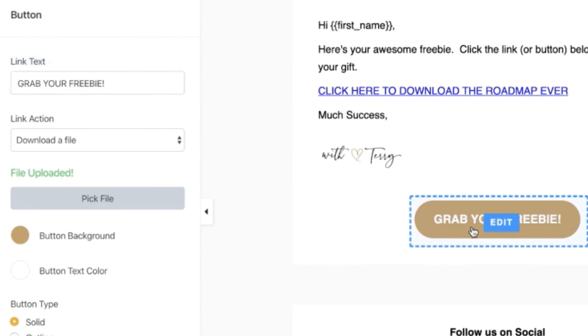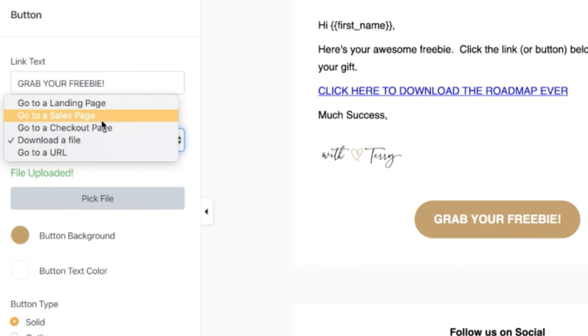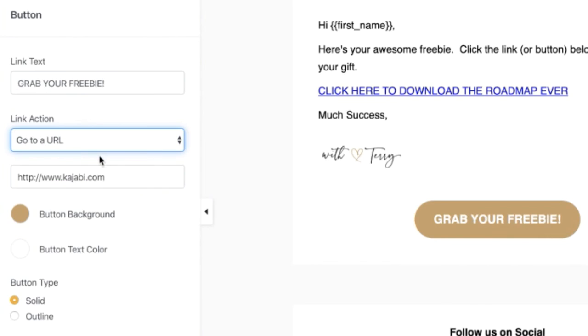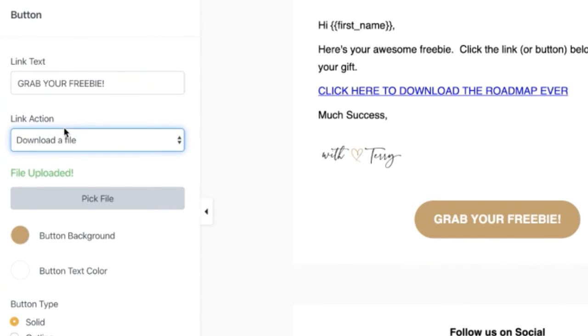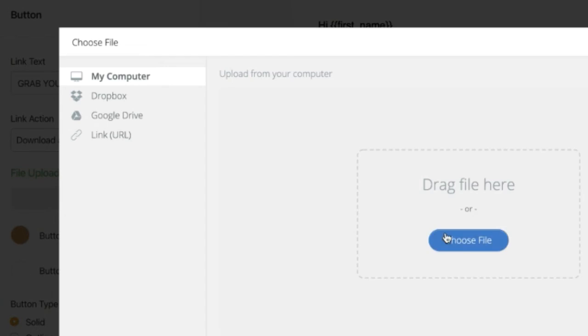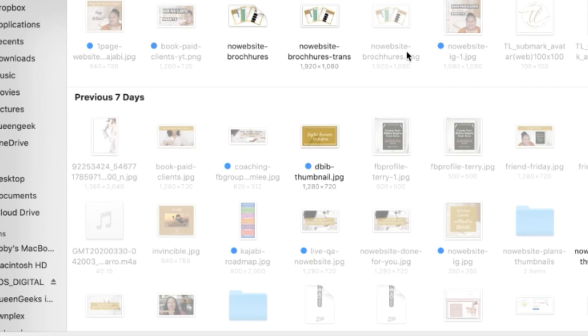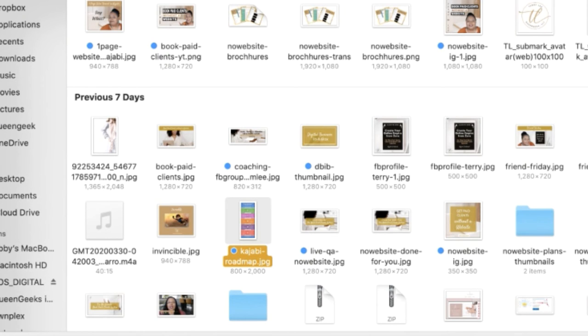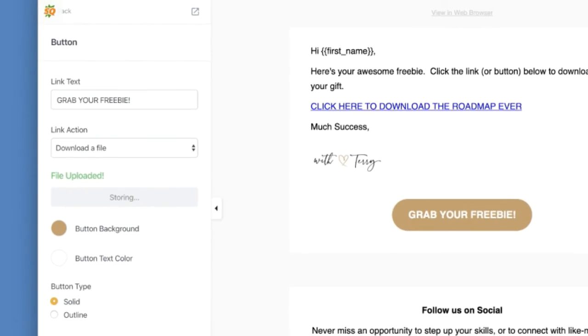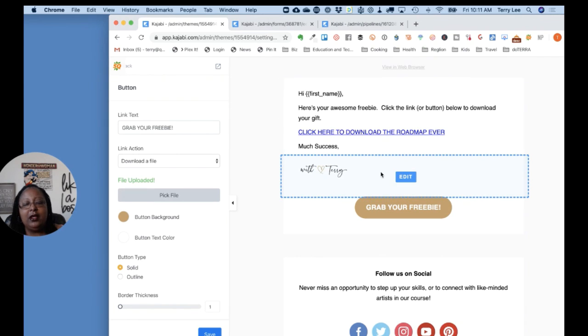There's nothing for me to upload here. Actually, I take that back. In my button, I have two options. I've done download file, but I could say go to URL and paste in that URL that I just had. I prefer to do the download file, and then I would pick the file again, and then I would upload it. And it does its magic, and we now have updated our